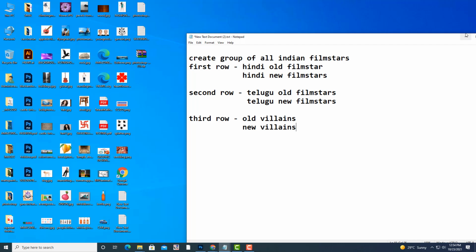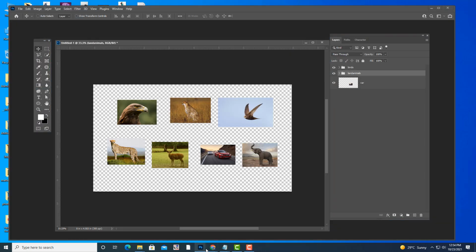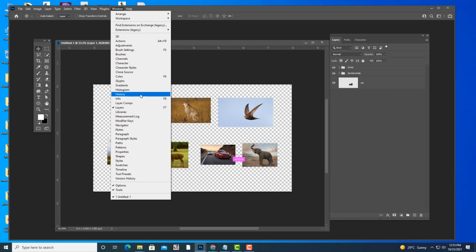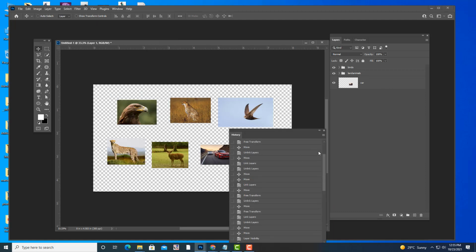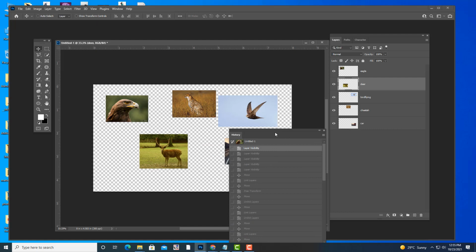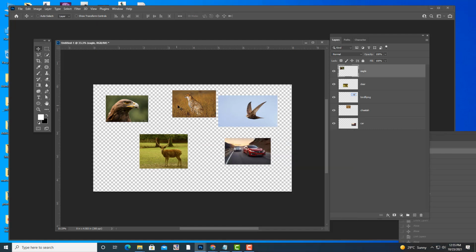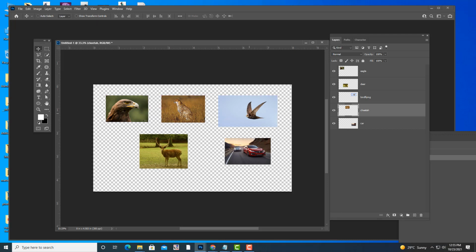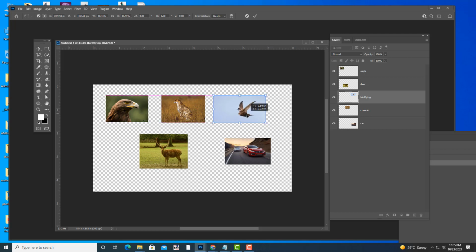And see, when you are organizing layers, I will tell you what. You have to ensure that. So let me open the history panel. So let me come back to the beginning. See, for example, assuming that these are Hindi actors, there should be equal space here. Or try to put equal space. Everything should have equal spacing like this.